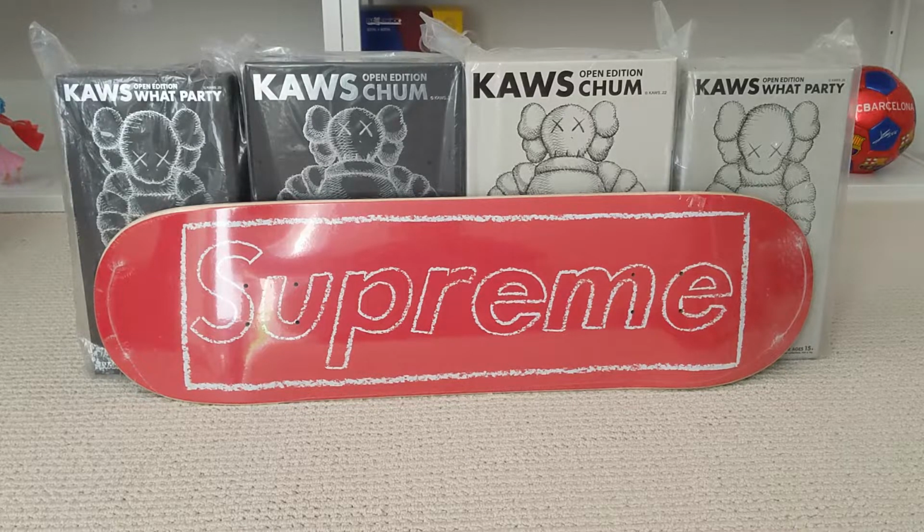So in the front is the Kaws Chalk Logo Supreme Skate Deck. To be honest, I'm somewhat disappointed with the design. It doesn't say anything that it's designed by Kaws. It's using chalk to write the word Supreme, and then on the outside there's a rectangular box. This could have been designed by anyone, it didn't really have to be a Kaws design,